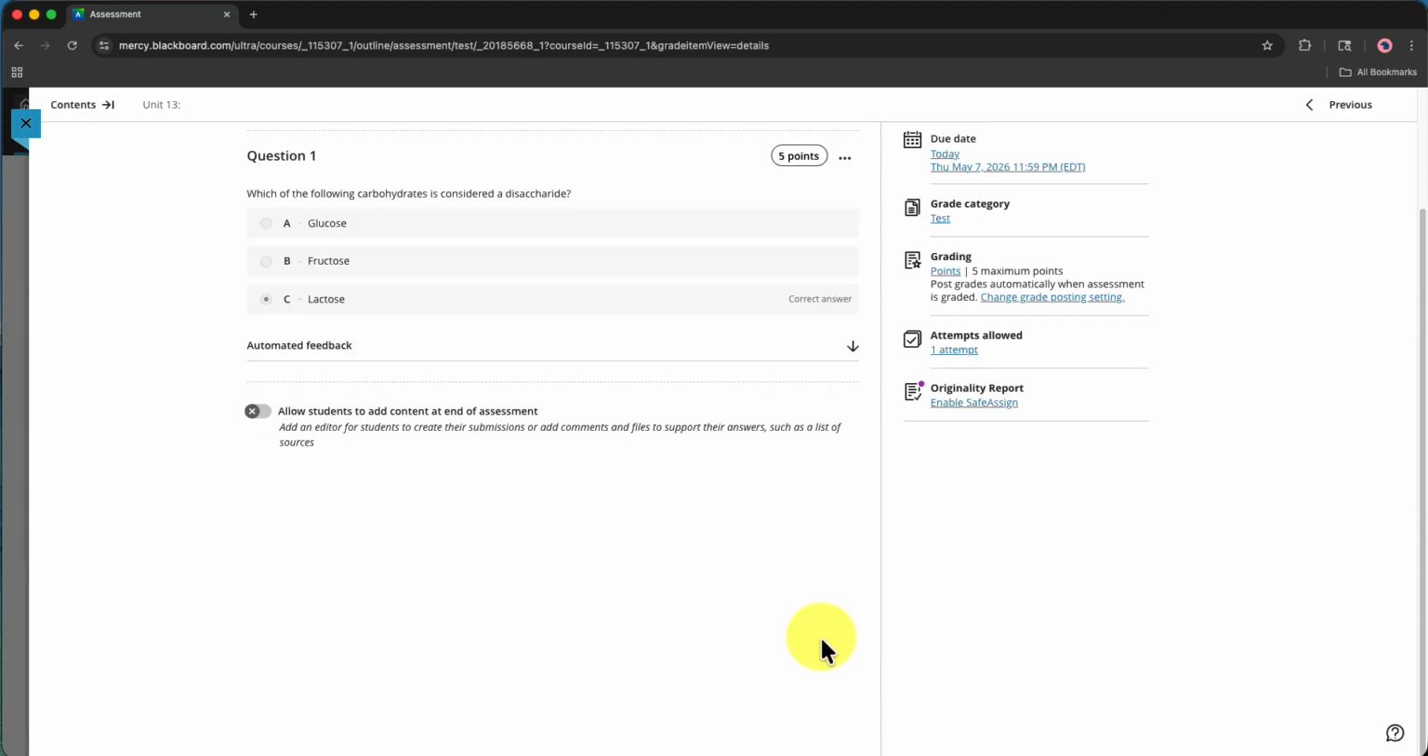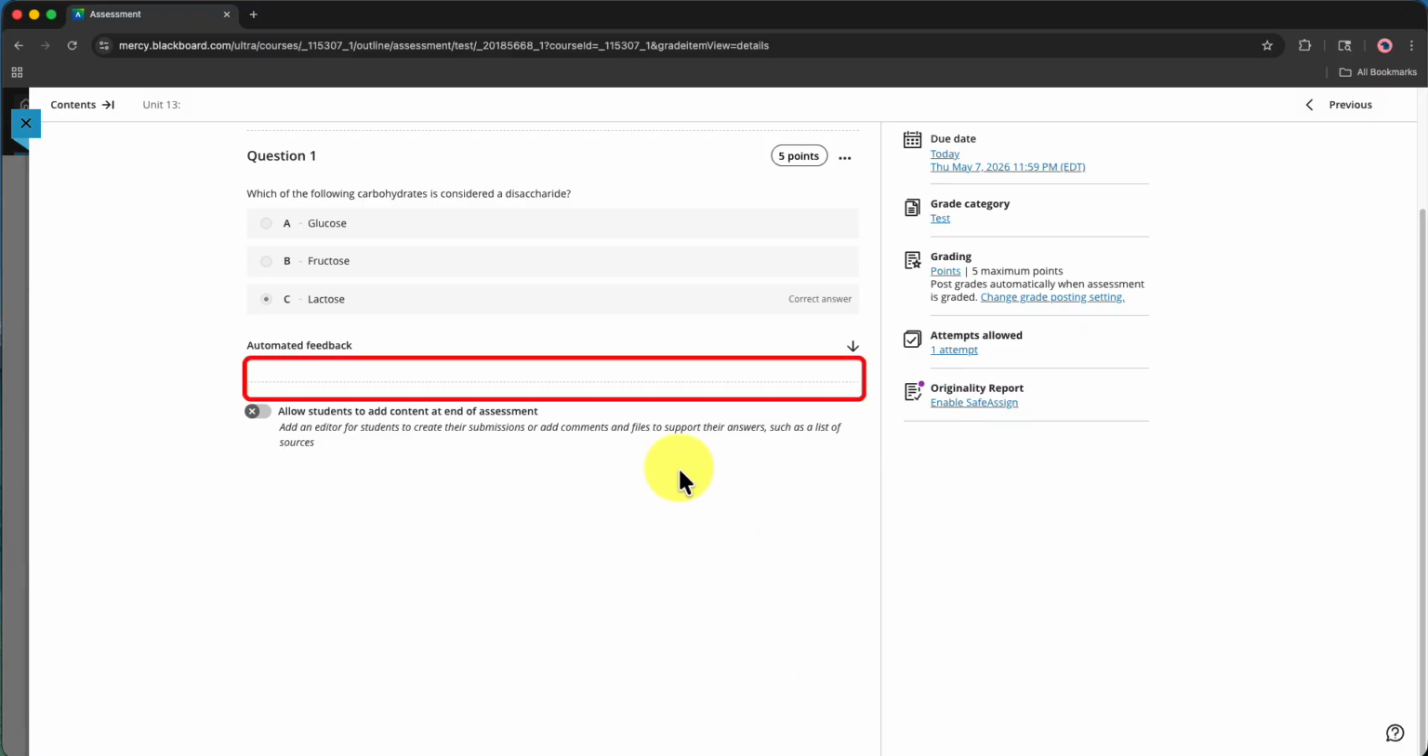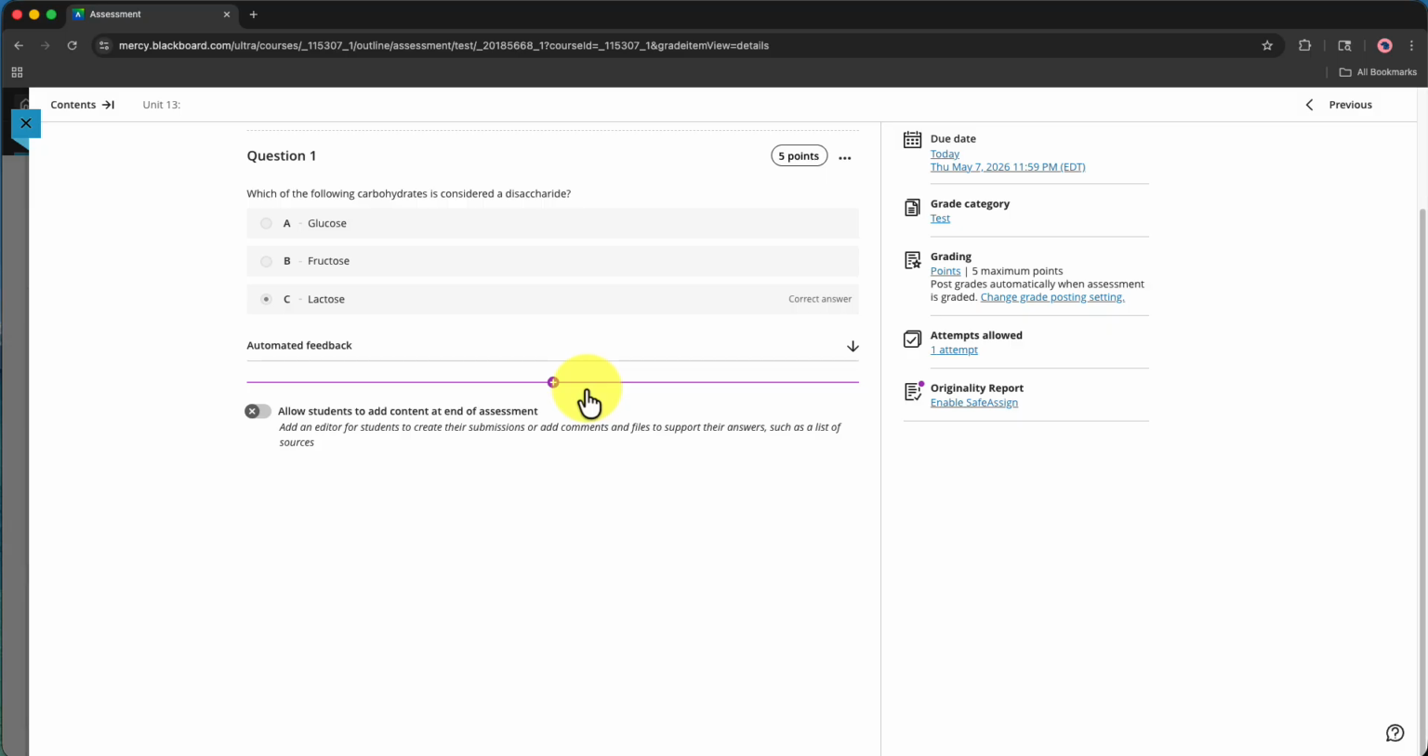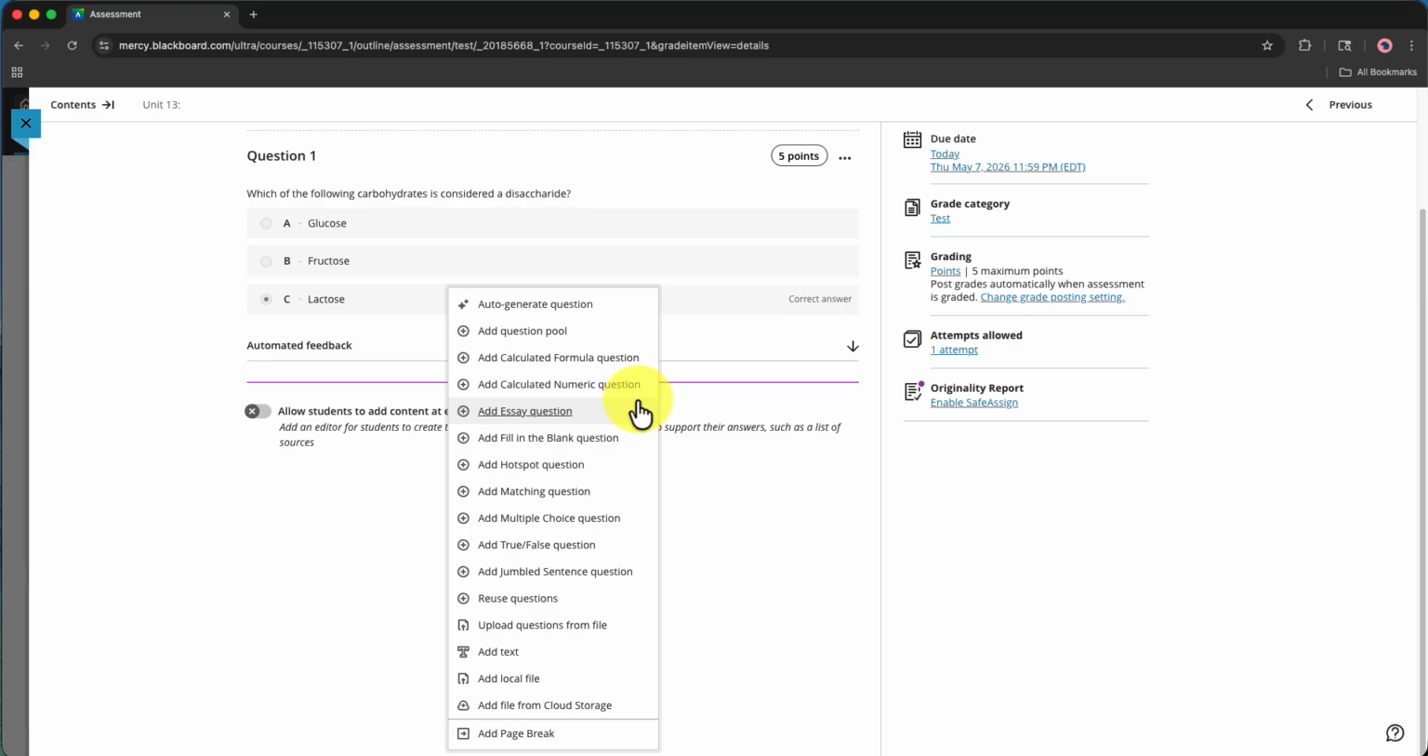Now let's add our multiple answer question. You'll notice this faint gray line here. It's almost like a dotted line, and when I hover over it, it turns purple and my plus button reappears. I'm going to click on my plus button, and even though this is a multiple answer question, I'm still going to select multiple choice